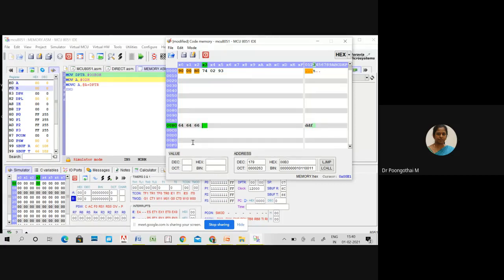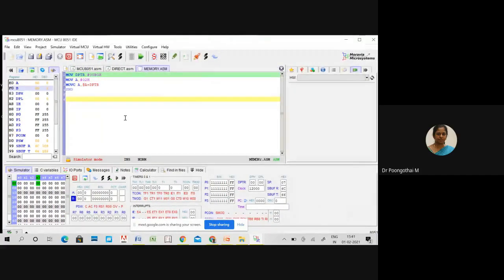So let's assume these values are some pre-calculated values, for example, for calculating the square root of a given number, or the square of a given number, or the logarithm of a given number. Let's assume all these values are pre-calculated values. So I am going to access 00B2. So what is the content of 00B2? Your 00B2 holds 66.